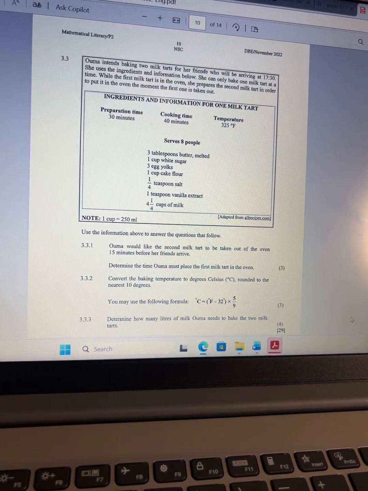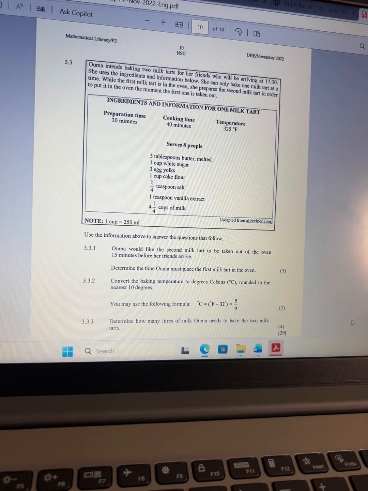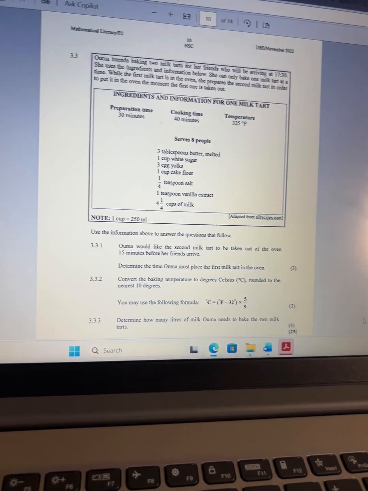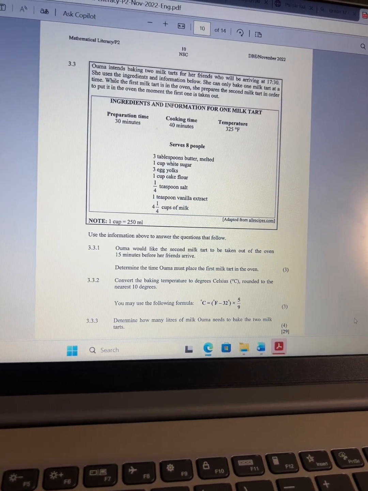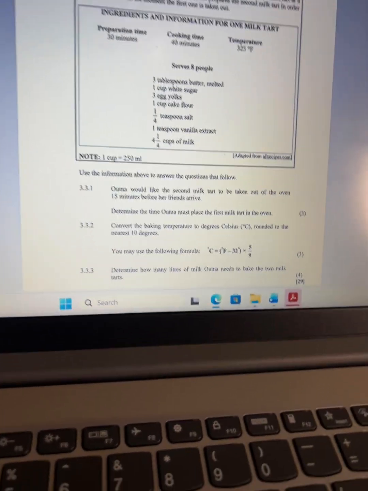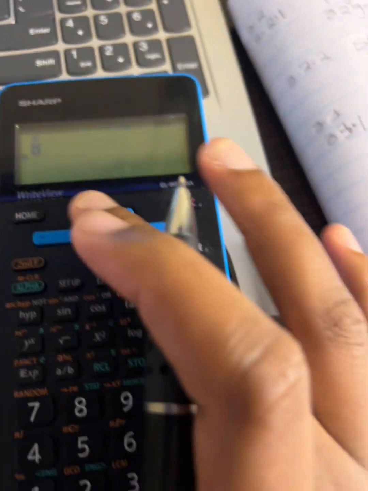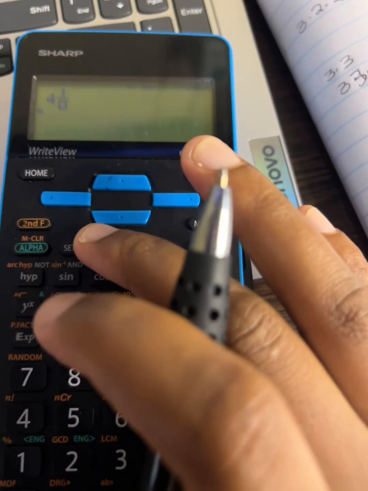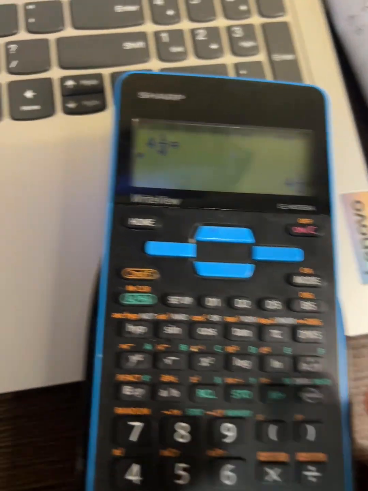Let's convert this to a decimal: 4 and 1/4, the answer will be